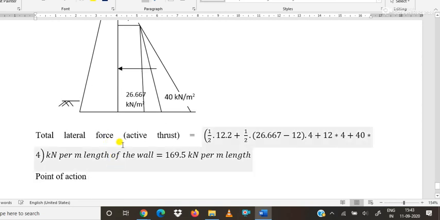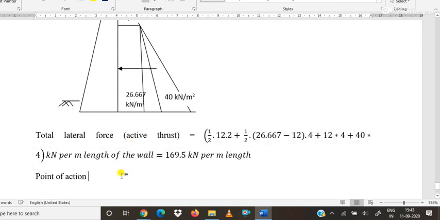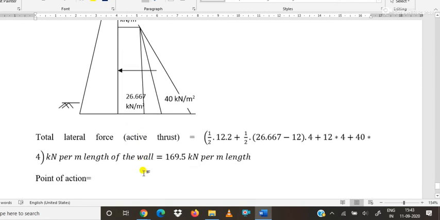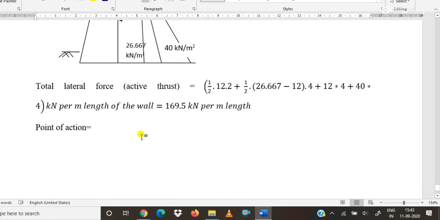But here four parts are there, three triangles and one rectangle. That's why we have to calculate the CG by the calculation of CG of an irregular figure,